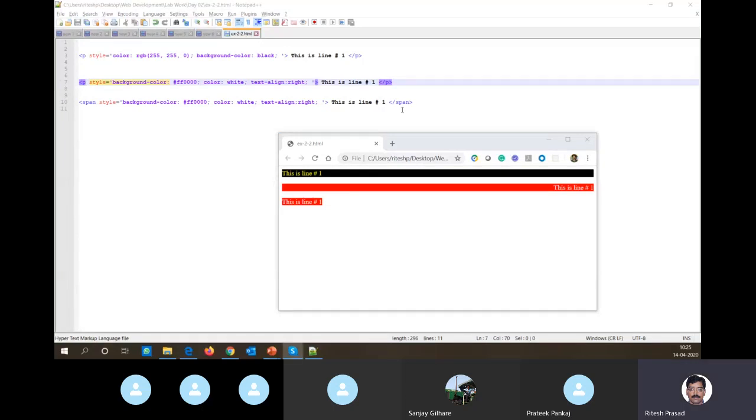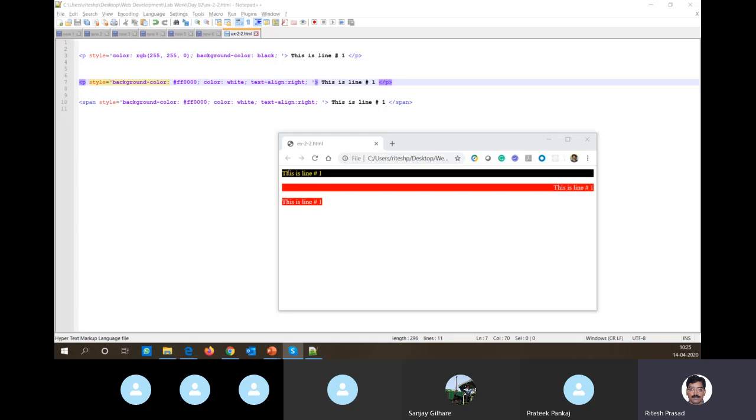Any reason that comes to your mind? Why it did not work for span while it worked for paragraph? It works for paragraph because paragraph has lot of space available. So the content can be shifted